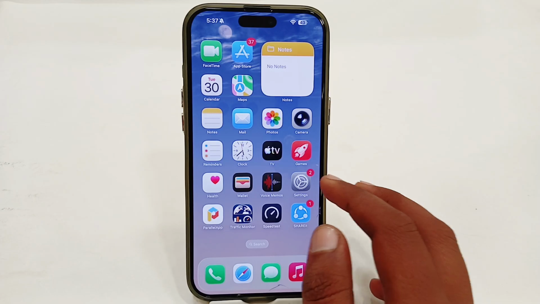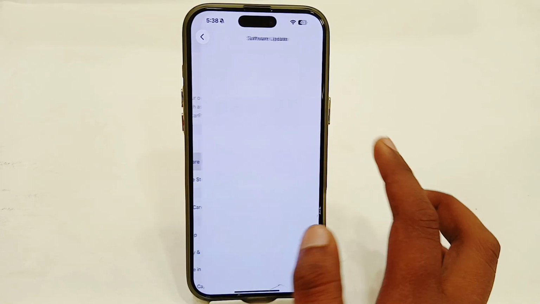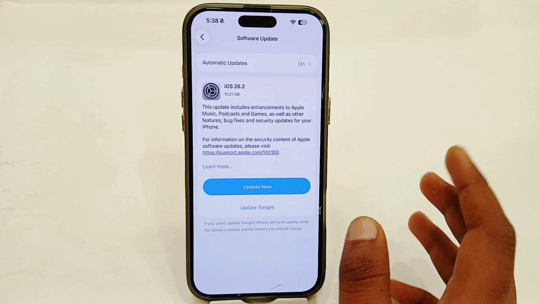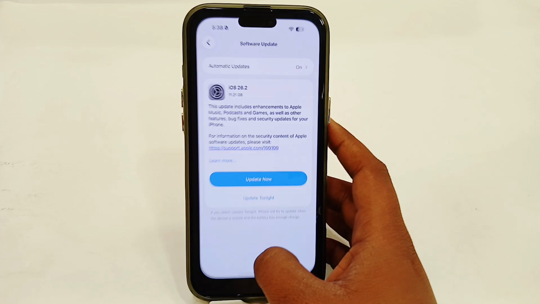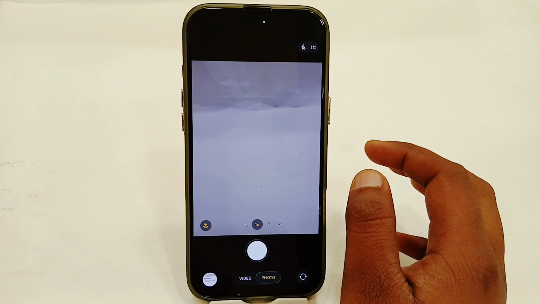So the very first thing, you just have to simply open your Settings app, go to General, go to Software Update, and try to update your software. Once you've updated your software, you have to simply go back, open your iPhone camera, and here you'll get different